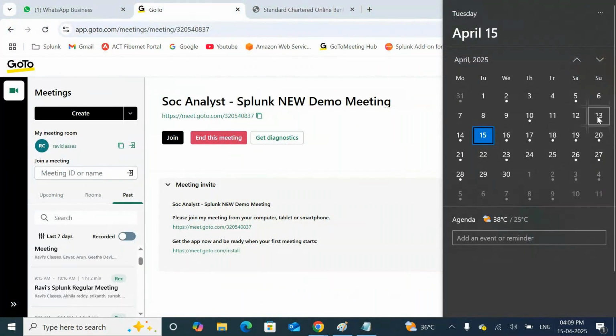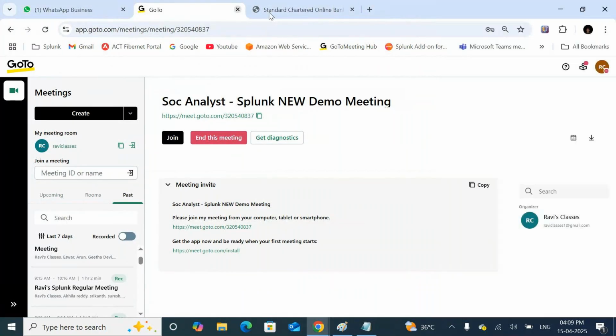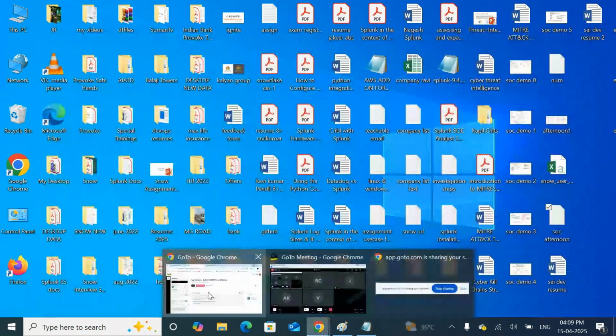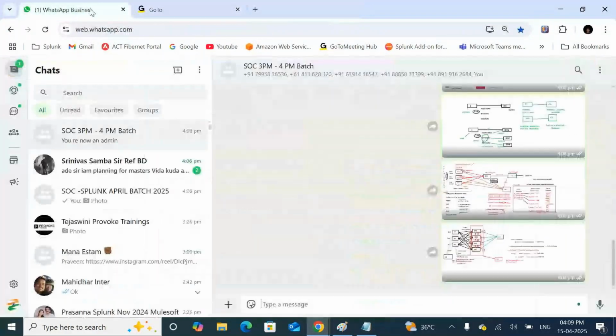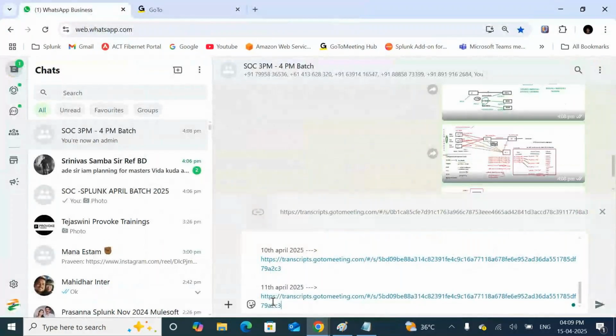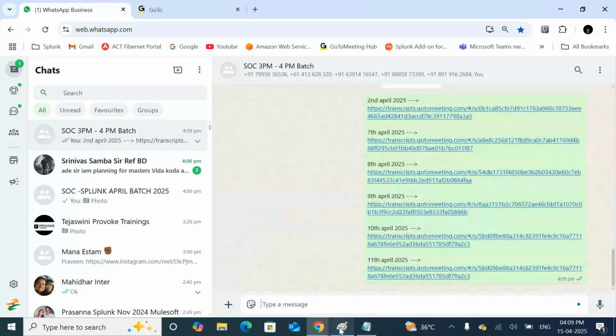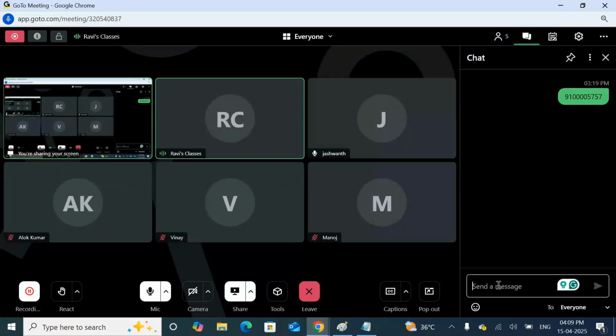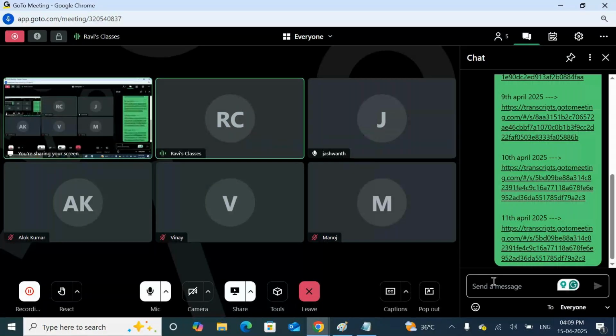Monday also no class. Fifth I will send in the group itself. As of now, I'm sharing these 11 classes in your message tab as well as the link. In the message tab, I'm just sharing. You just take a copy. Sir, thank you.